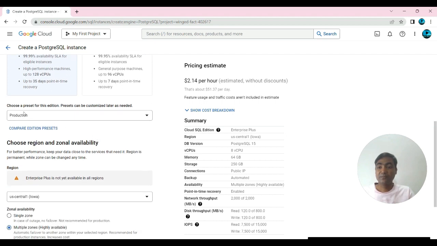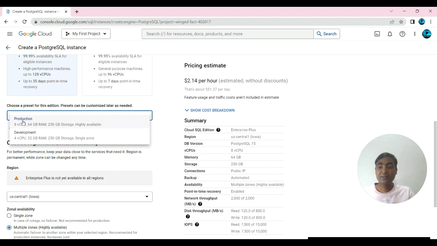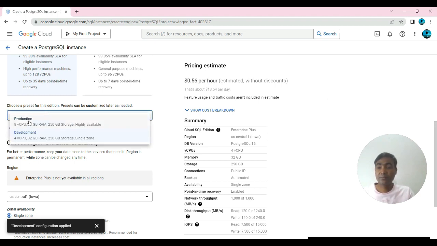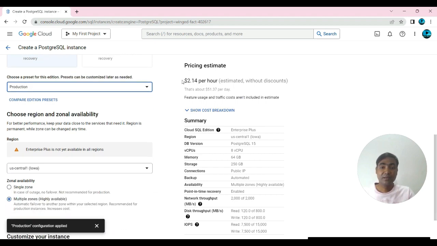Then choose the environment. As you can see here, this is the production environment. If I select the development environment, the pricing decreases instantly. If I select production, it is approximately $2. If I select development, it is approximately